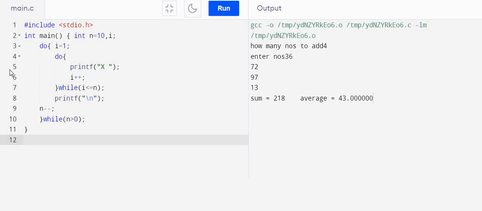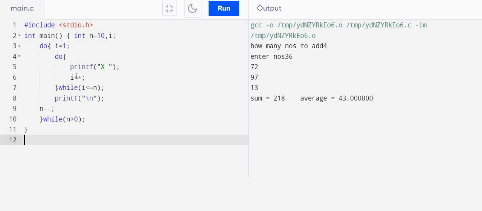The outer loop is working on n. Initial value of n is 10. Before the loop n is n minus minus, means n is decreased, and the loop will continue until n is greater than 0. So n will go from 10 to 9, then 8, then 7 up to 0. Inner loop works on I. I is initially 1.